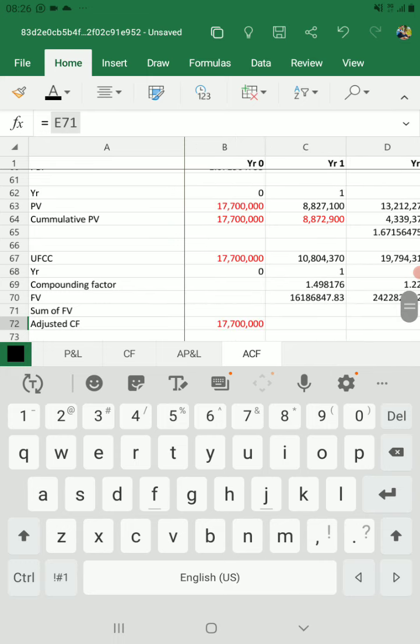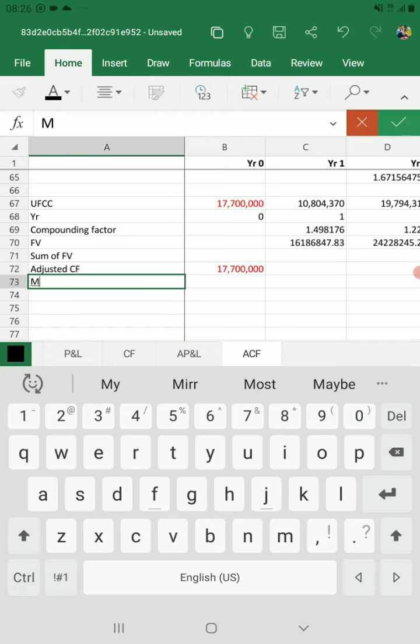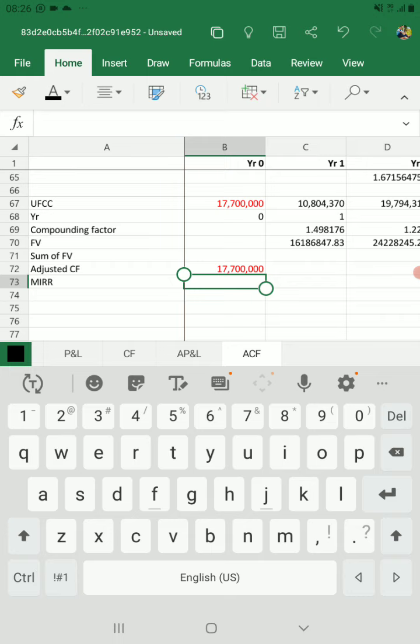So the formula for compounded, which is now our modified internal rate of return, is,